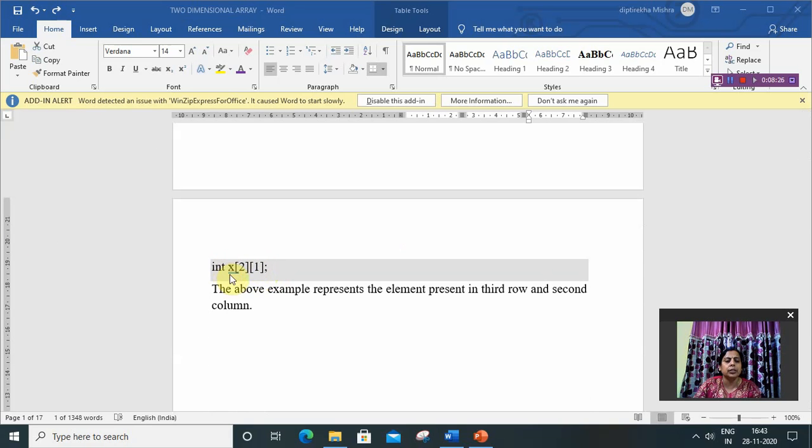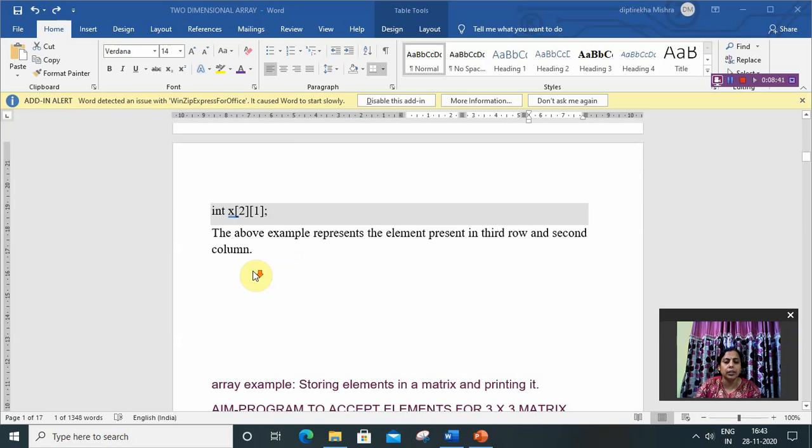So x[2][1] is the element present in the third row, second column. By the index numbering of row and column, we can access the array element. So this is the basic knowledge about the 2D array.